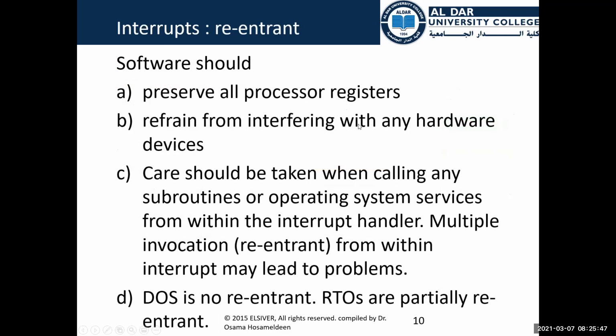we have an interrupt and the processor saves all the processor registers. That's the only way the processor can save the current status, because if the CPU wants to go to the interrupt, it should be able to continue from the same place which it left off. So the CPU preserves all the processor registers